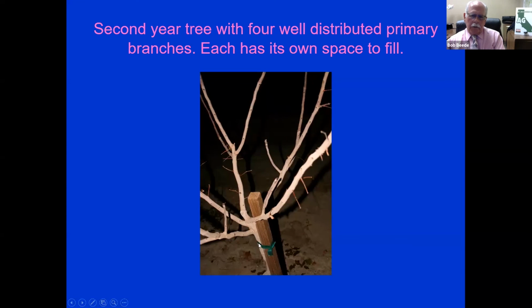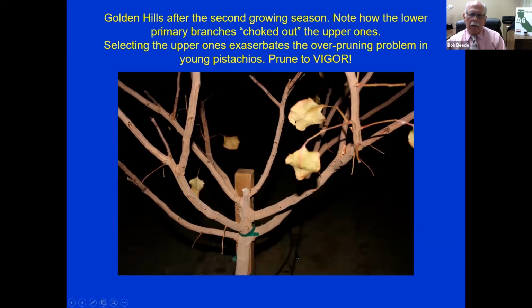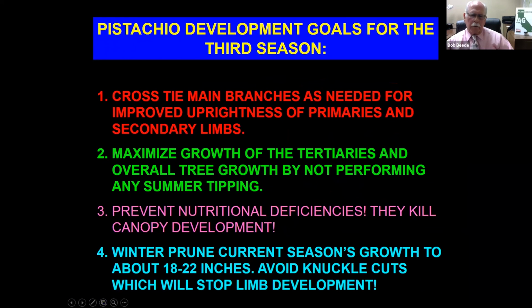Second year tree with good distribution. Here we can see 1, 2, 3, 4 scaffold branches. Here you see having too many lower scaffold branches that has resulted in the choking out of the upper limbs. So you have to prune to vigor. Pruning all these off to go to these weaker limbs is not a good idea, even though they're in better